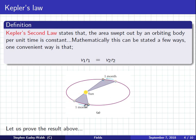Bigger. But it's still the same time, 1 month. So it must be moving faster. So in other words, the closer it is to the sun, the faster it moves. And when it's out further, like here, is when it's moving slowest. So the speed isn't constant. It's slow, slow, faster, faster, faster, faster, fastest, and then starts to slow back down again, and it's slowest